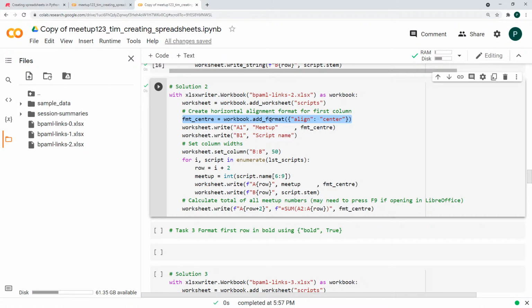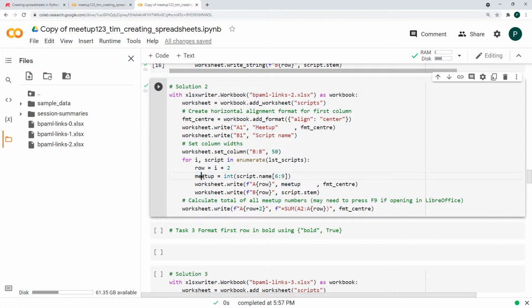So add format, so it can be used on any worksheet within the workbook. And then anytime we wanted to use it, we just put it as an additional parameter in our write function. So in our heading for the meetup, we said we want that to be formatted in the center, and when we wrote the index,